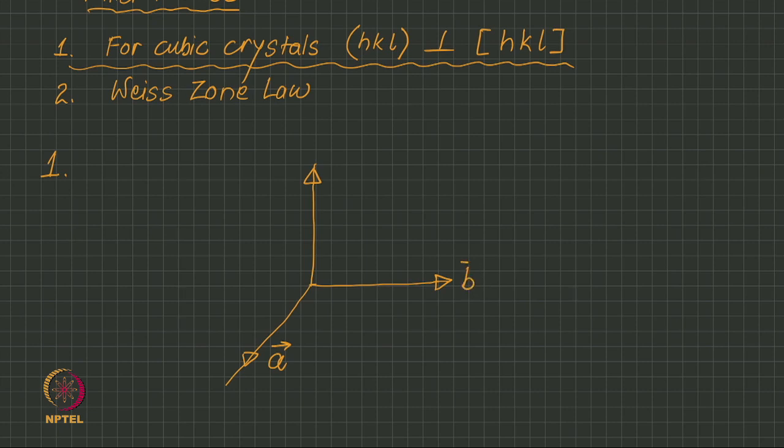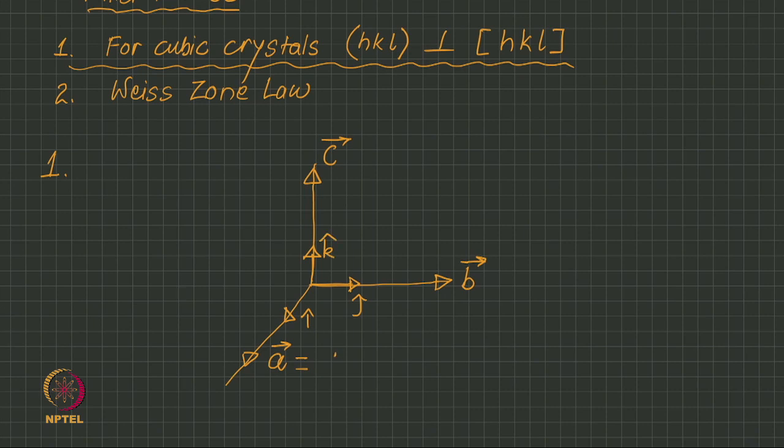These are the three basis vectors, let us say. If we want to write them in terms of the corresponding unit vectors, which are let us say i, j and k, that is your Cartesian system,